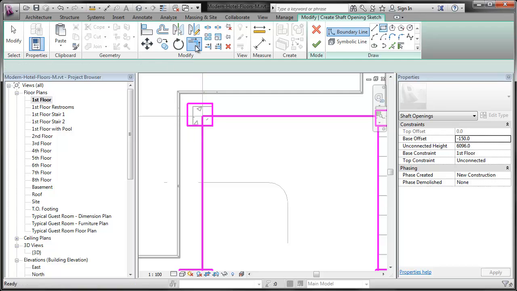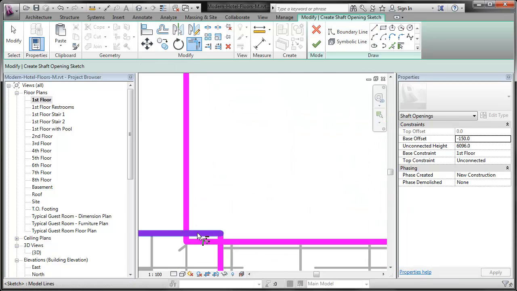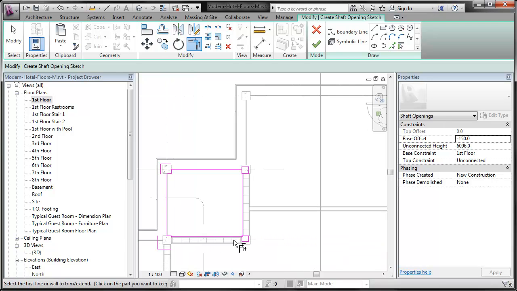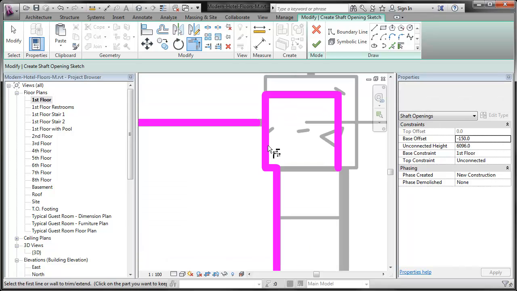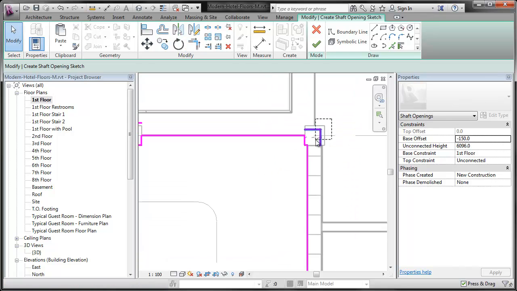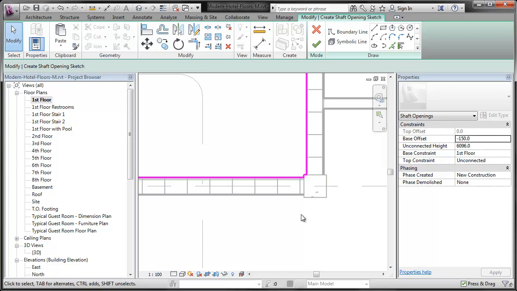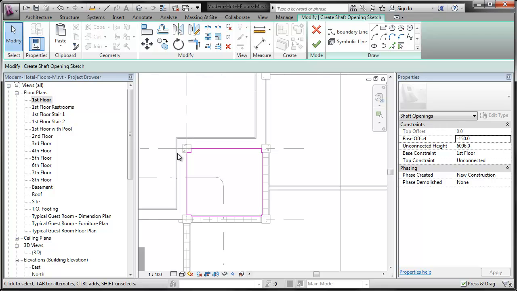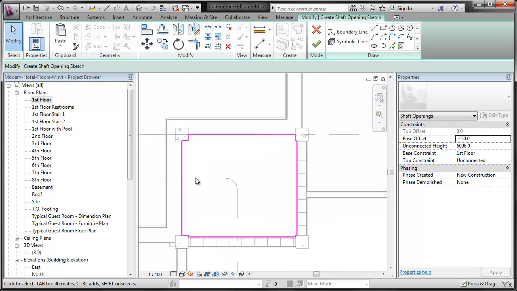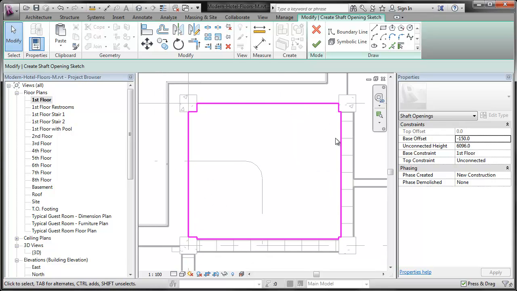Okay, then we're going to use the trim tool to trim all these up. Okay, so that is the boundary of the lift hole. In essence, is that one there. We're now going to draw the symbolic line,